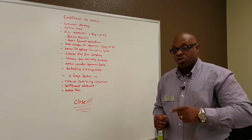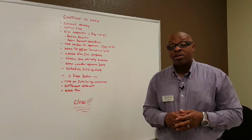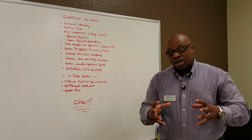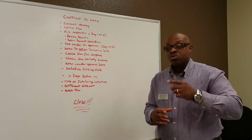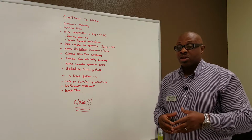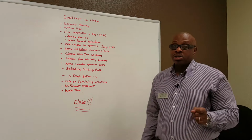The earnest fee, again, as a reminder, is your commitment and your seriousness to buy this home. So that money does not go to the seller. That money stays in an account to be used on your side of the transaction, and it will be spelled out at closing. The first thing we're going to do is hire an inspector,